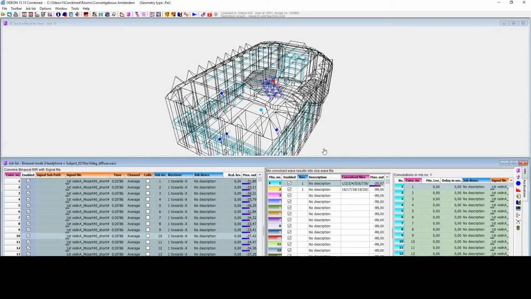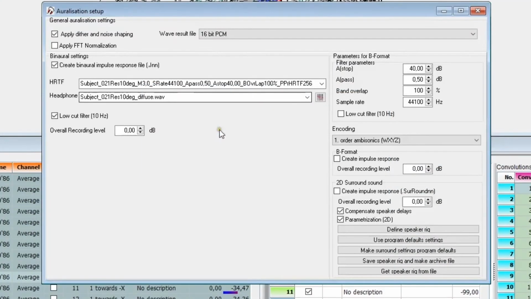As we're here, I just wanted to show that you can indeed adjust this output level. This corresponds very much to what you'd get with recording level on a recording device. So let's go into the equalization setup and change the overall recording level. I just use the sliding wheel on the mouse. Set it to 20 because then we'll get very close to an output level of 0 dB.